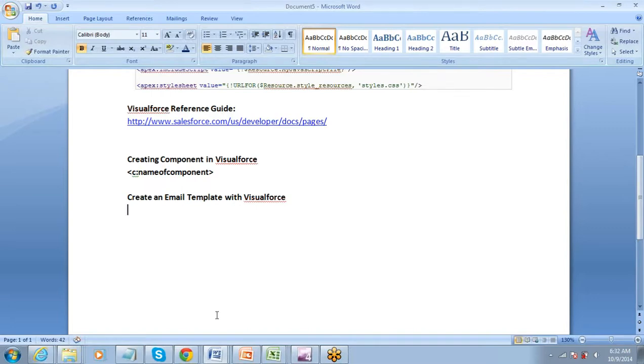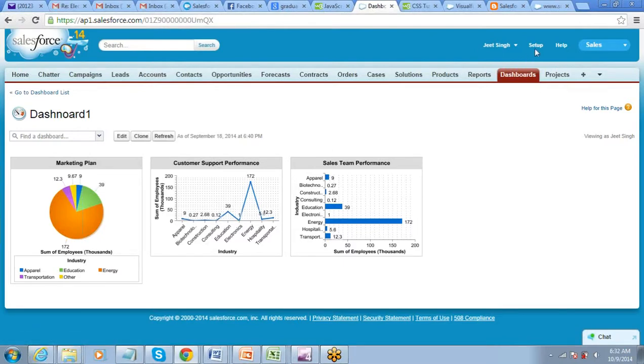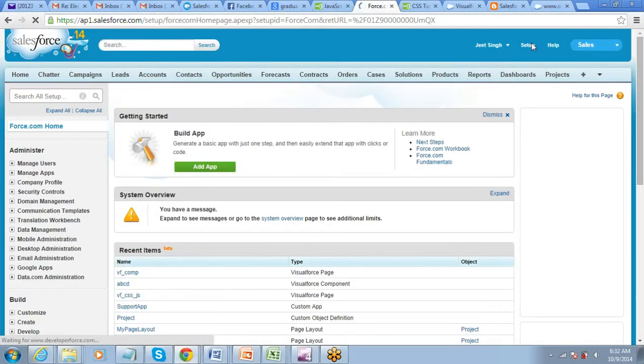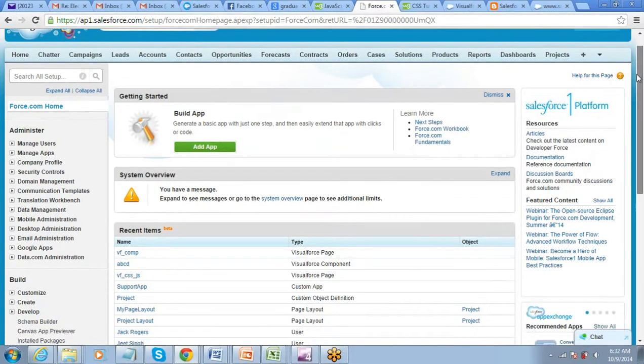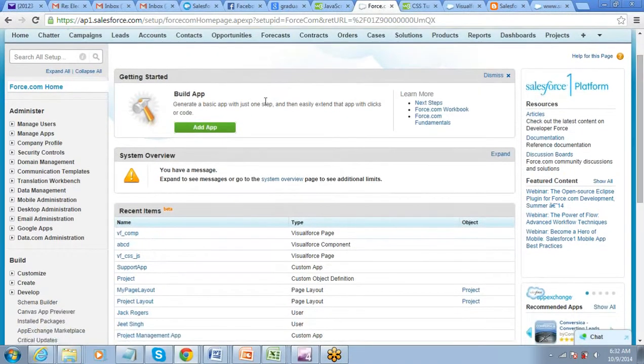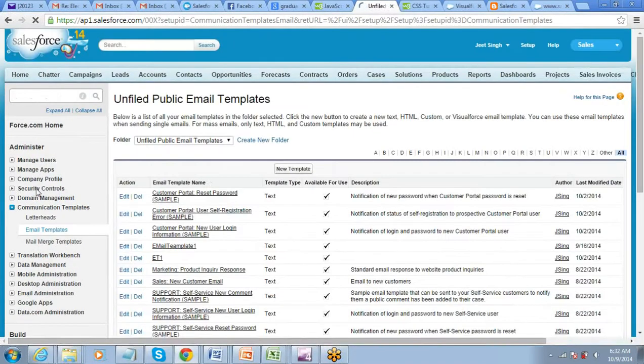This is also very simple, not very complex. You just have to go to setup and you will have to go to the email template options for creating a Visualforce email template. Then go to communication templates and then click on email templates and select Visualforce here.